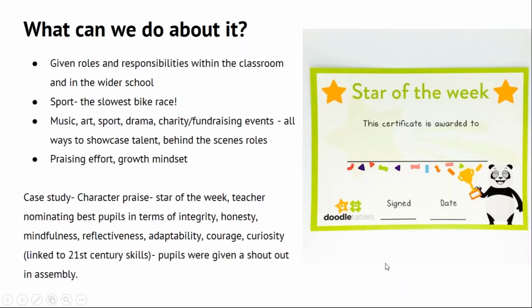So what can we do about this? I've already mentioned Star of the Week, and I'll link that back into the case study at the end. But giving pupils roles and responsibilities within the classroom and the wider school is a way of,